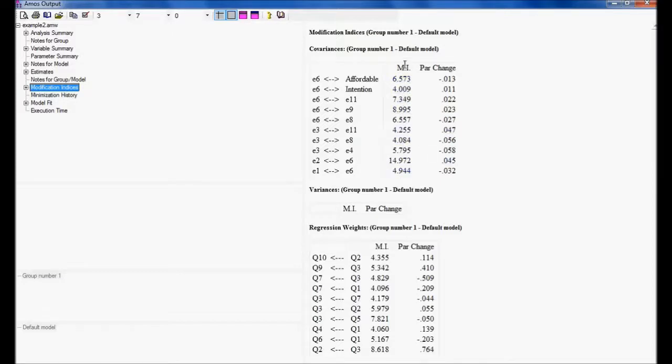The maximum modification index is 14.972, if I maintain a correlation between the error 2 variable and the error 6 variable, the unique variables. So what does this modification index mean? If I maintain a relationship between E2 and E6, my chi-square value will be reduced by 14.972.